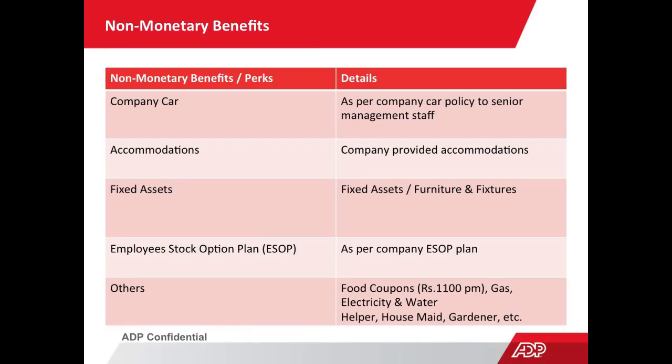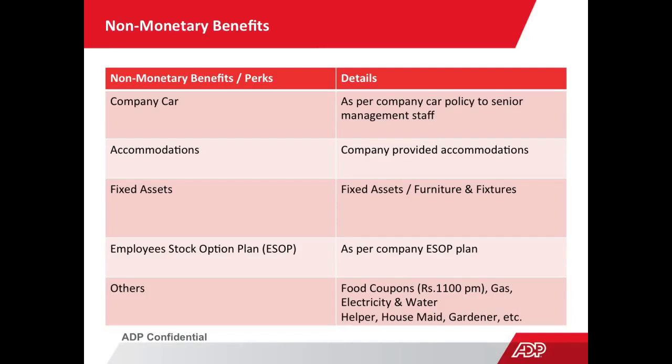The other one is the fixed assets. So the fixed assets are again divided into fixed assets, furniture and fixtures provided to the employee for their use at home, based on the notional value of the depreciation value of the asset that will be included in the compensation. And similarly, the income tax perquisite rules define the methodology and the percentage for calculating the perquisite on these fixed assets. So there are electronics, motor and other things. So there is a defined percentage and values provided by the income tax rules, which have to be considered as a perk value while computing the tax.